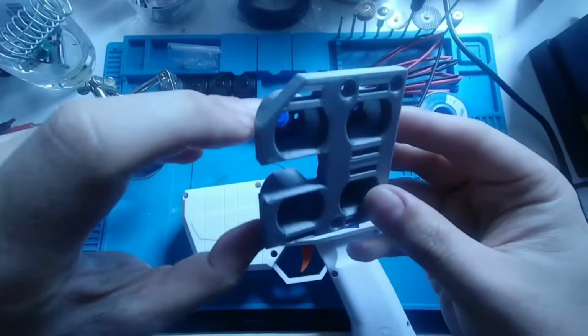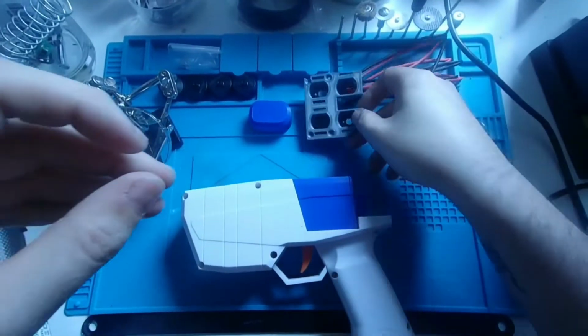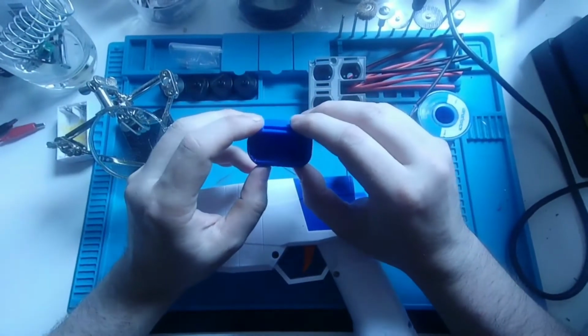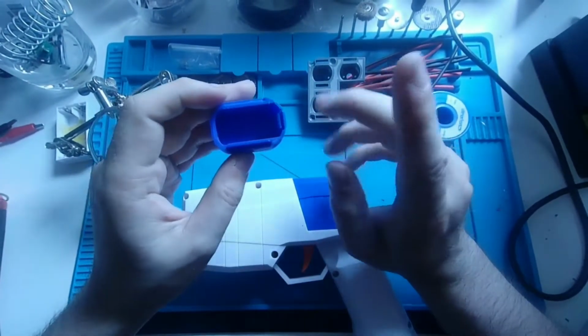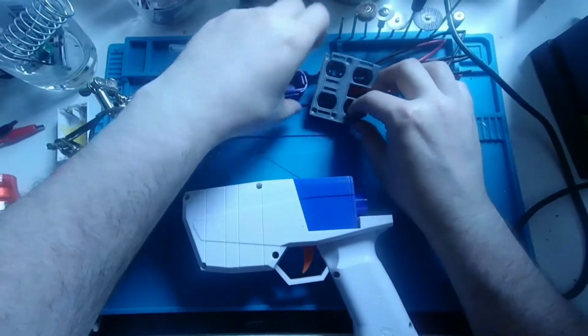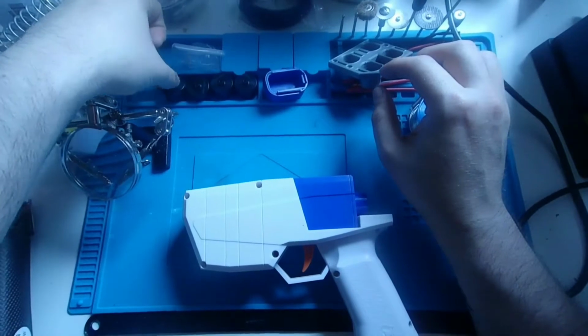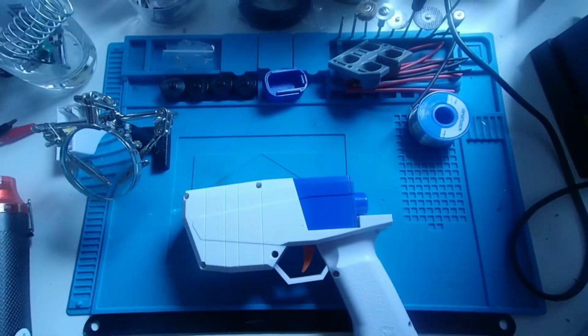two-stage flywheel cage created by Meishel of FoamBlast. We're also going to add this 3D printed extended grip. We're going to be adding the Worker black replacement flywheels, and we're going to be putting 4 Kraken motors into this thing,